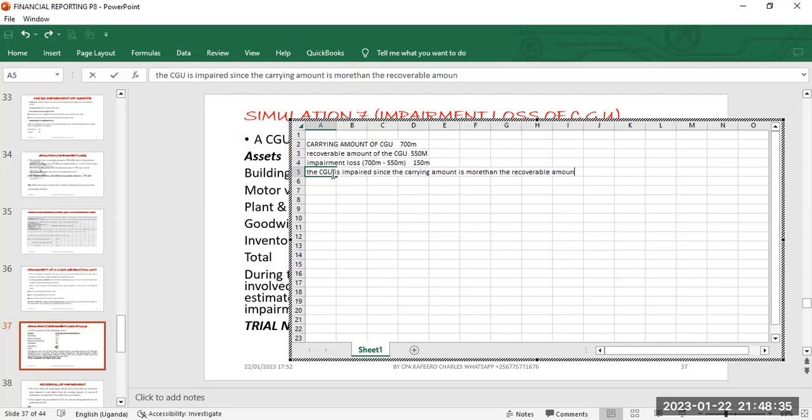And you may go ahead to put in something in addition. Of course, we have already computed the impairment. You say the impairment loss of 150 million